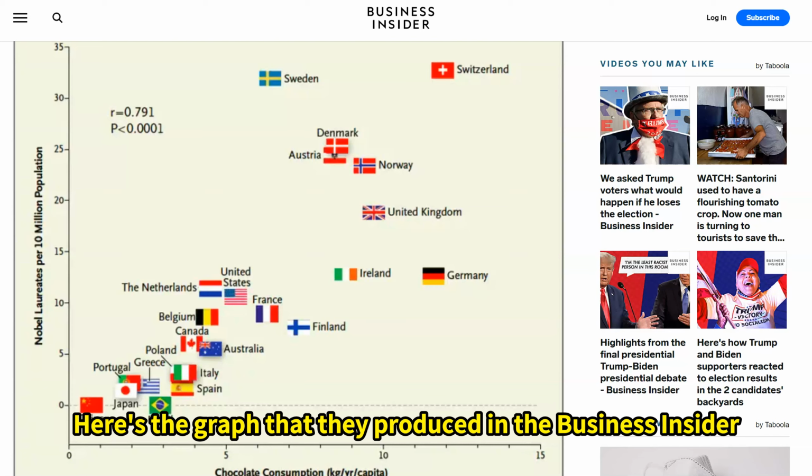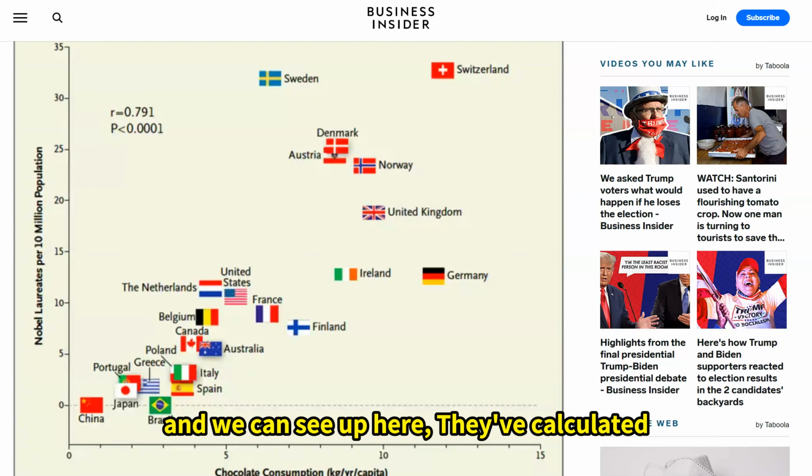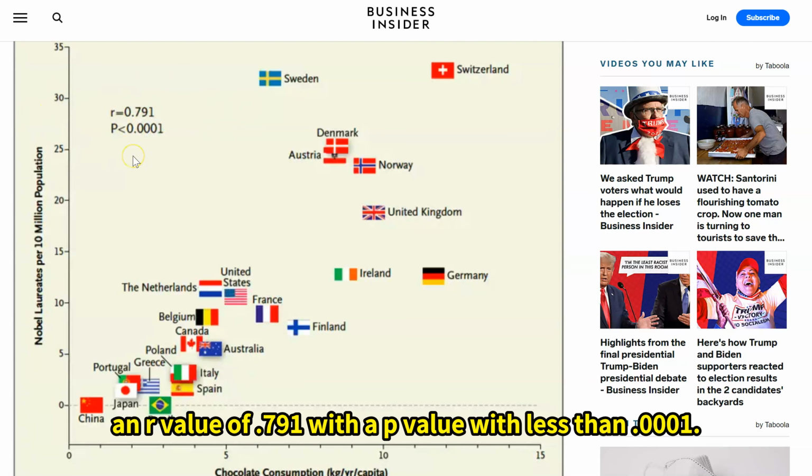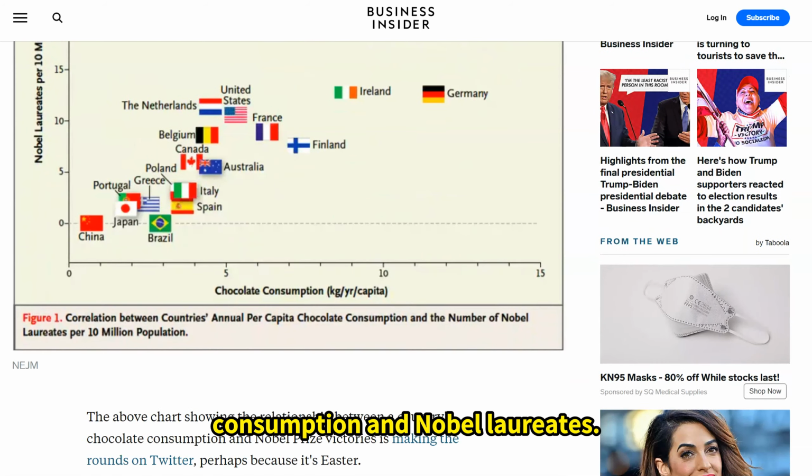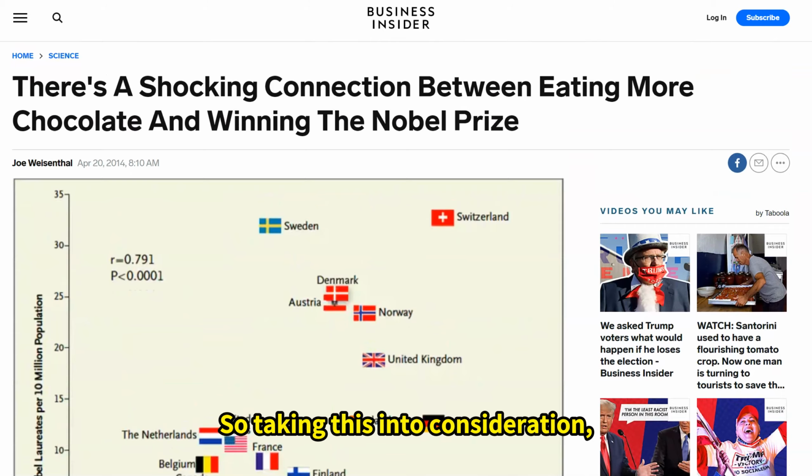Here's the graph that they produced in the Business Insider, and we can see up here they've calculated an R value of 0.791 with a p-value of less than 0.0001. There's a very strong positive correlation for chocolate consumption and Nobel laureates. So taking this into consideration,